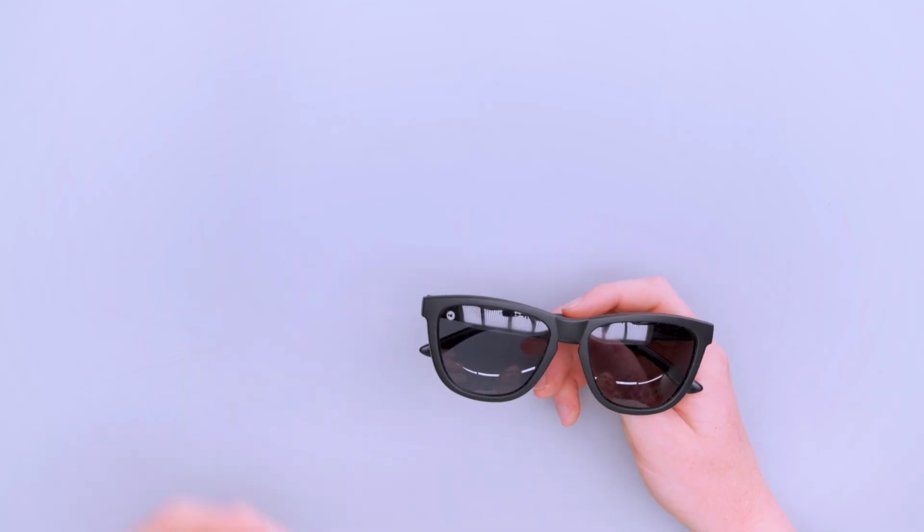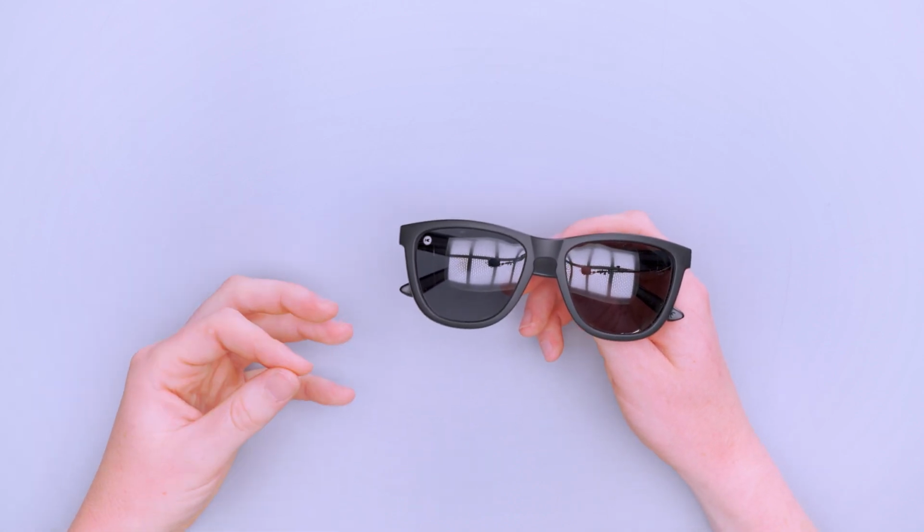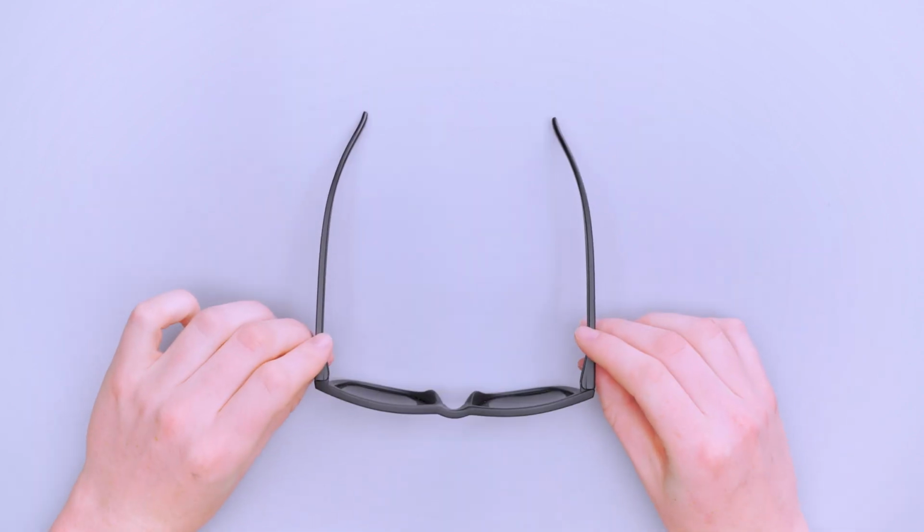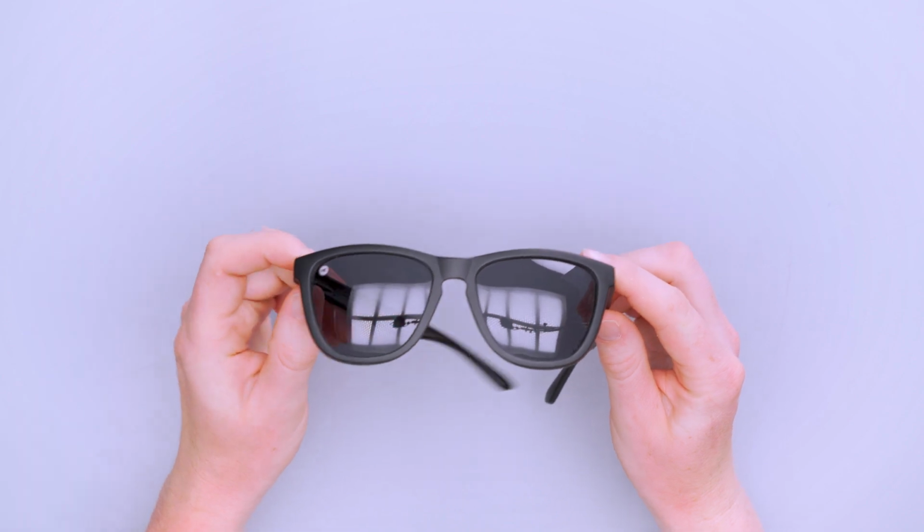This is something I've noticed in other polarized glasses, but I've really noticed it in these glasses, and maybe that's just because I was wearing them a ton in testing. But if you get these and you're like, whoa, what's that? It's supposed to be like that. I believe it's the polarization. And it is something I've noticed in other glasses, but it did seem to be more so with these glasses, and I'm not sure exactly what would cause that, or if it's just something I noticed because I was thoroughly testing them. But overall, very happy with how these glasses performed, especially when you consider that they're some of the